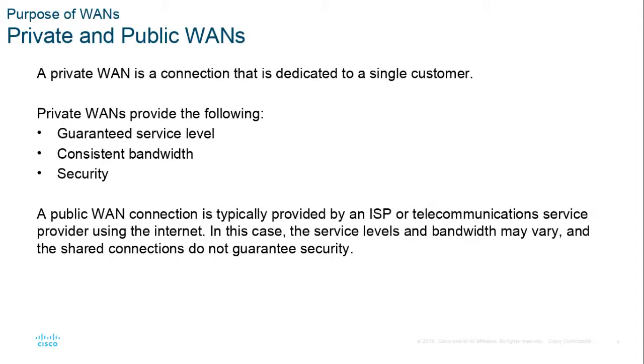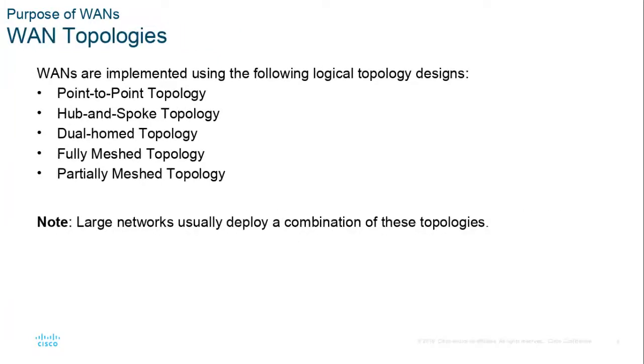A public WAN connection would be like your internet connection. Service levels are usually not 99.999%, the five nines. And if you have a cable modem, a residential connection, or a telephone company connection, it's not guaranteed delivery. It's best effort only. It may go out for a few hours. And there's no security because you're sharing. This is the wild west on the internet. Everybody can see all your packets. If you need privacy and security, look at the next chapter after this one and do a virtual private network.